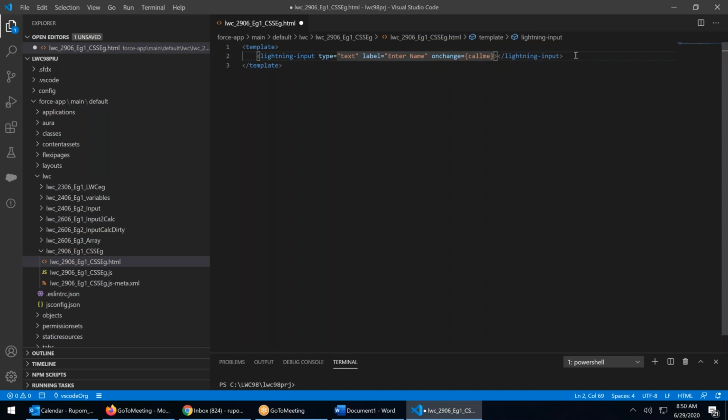Perfectly fine. Now, whatever the data is, I want to put inside a div. A div is a box, a division, in HTML. If you remember, in Lightning also we use div with class. Class equals to box. And I will put my output here. I will say you have entered